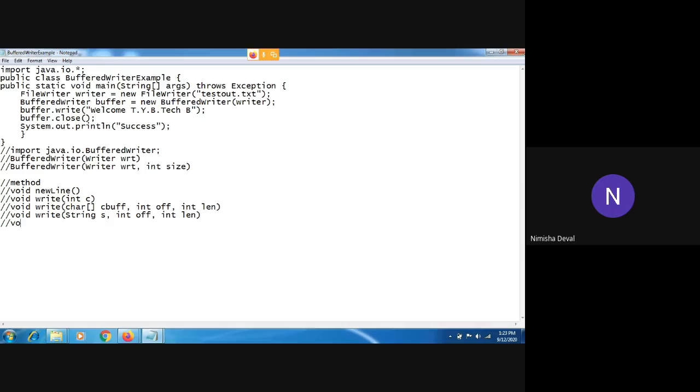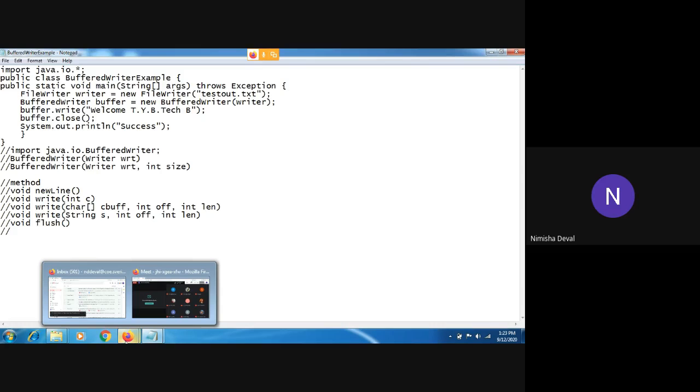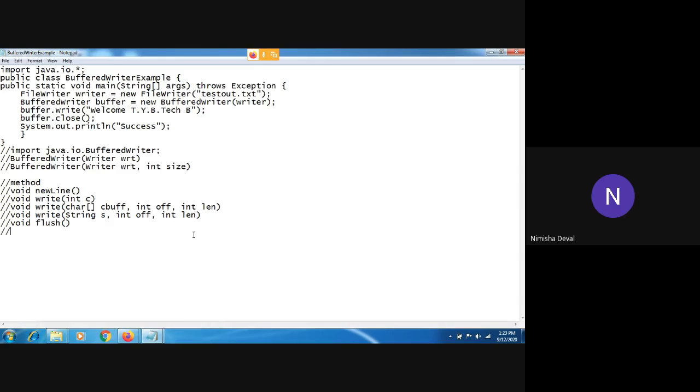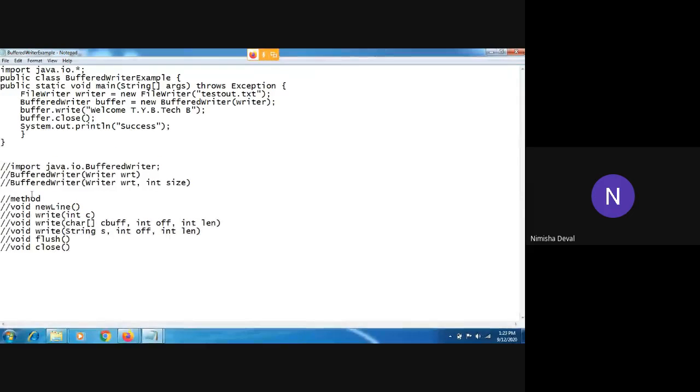After that, the flush method as usual you are using while creating your streams, and the last one is close. You have to close all those streams after using them. Okay, so these are the different methods and these two are the constructors. So this is the basic idea regarding your BufferedWriter class.